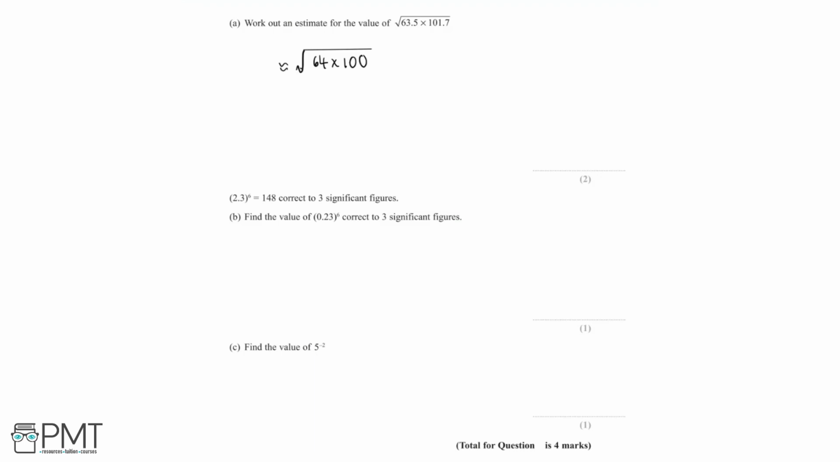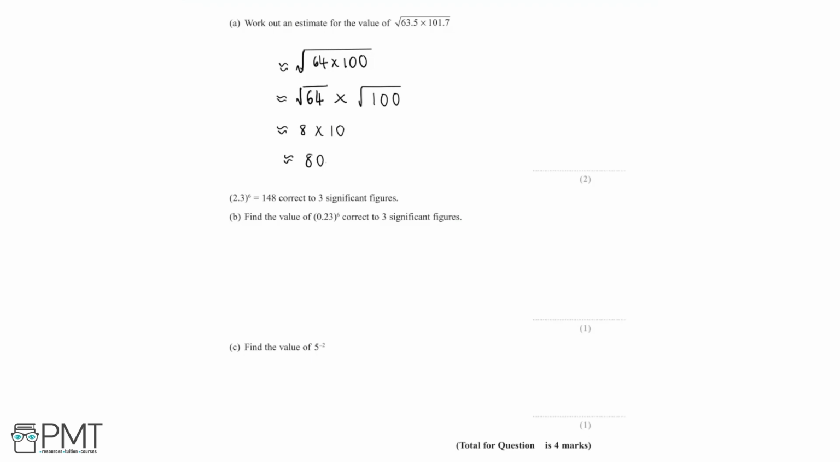We know that the square root of 64 multiplied by 100 is equal to the square root of 64 multiplied by the square root of 100. Now 64 and 100 are both square numbers. The square root of 64 is equal to 8, and the square root of 100 is equal to 10. And so we can simplify this into 8 multiplied by 10. And this will leave us with an answer of 80. And so we can say that an estimate for the value of the square root of 63.5 multiplied by 101.7